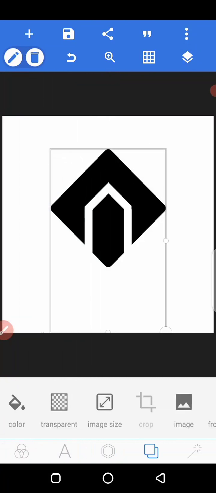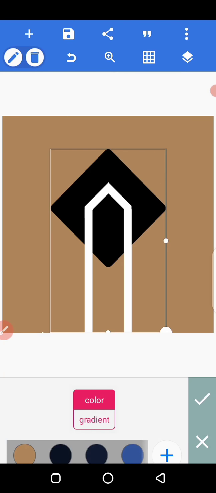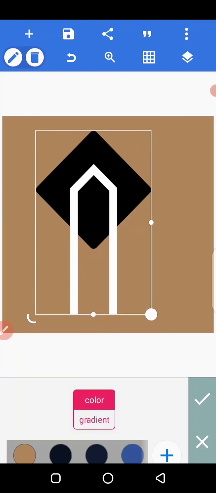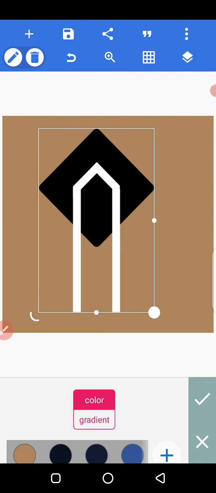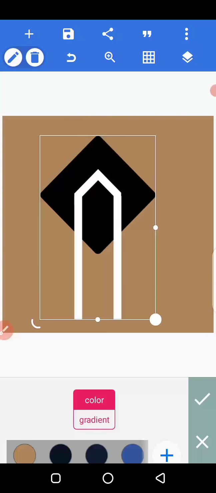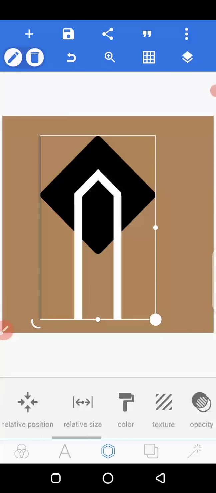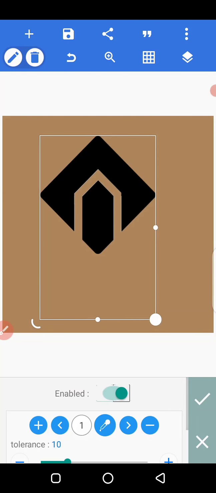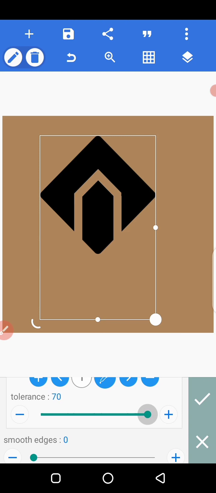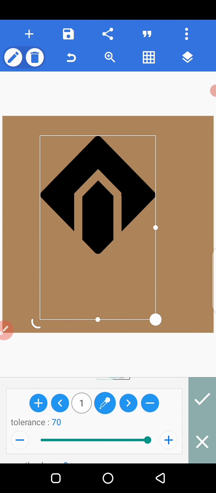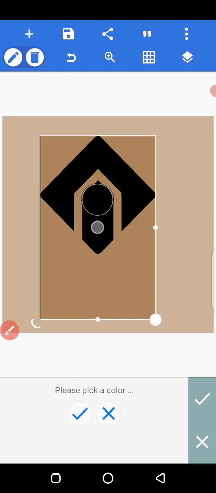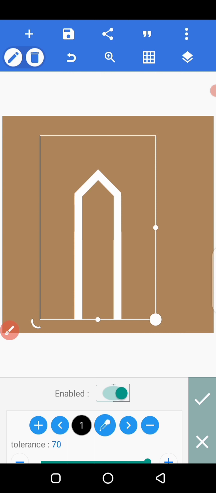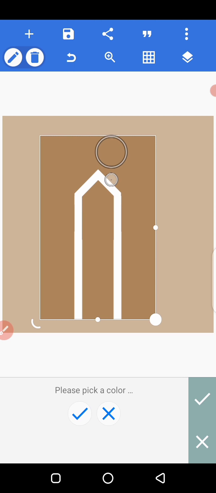So now let me change the background for you to actually see what we are working with. Now you can see that this is the shape we've created. Okay, so I'm just going to leave this background so you can see how we are going to be working with it to actually create the negative space in it. So come here and click on erase color, click on enable. Erase color automatically erases white, but if you want it to erase any other color, click on this eyedropper tool and then select the color, select black. Now it erased black and left white. But I want it to erase white, so I'm going to select white